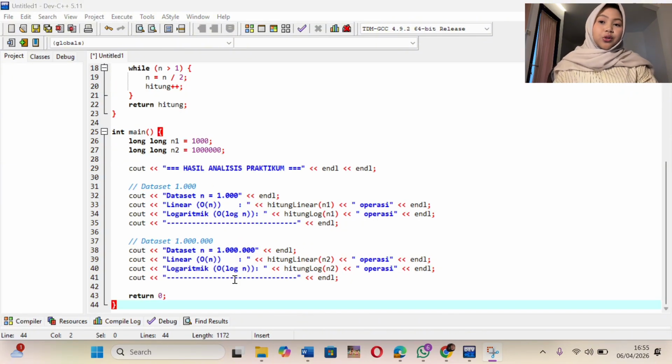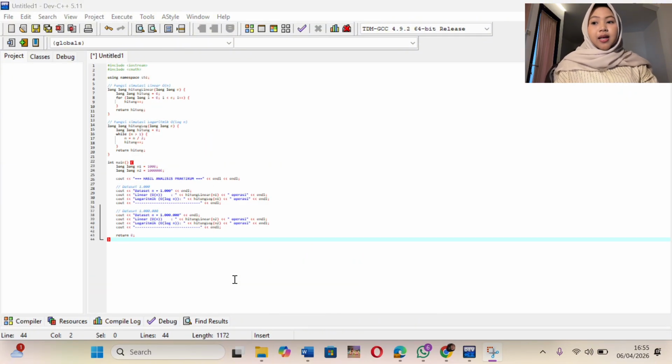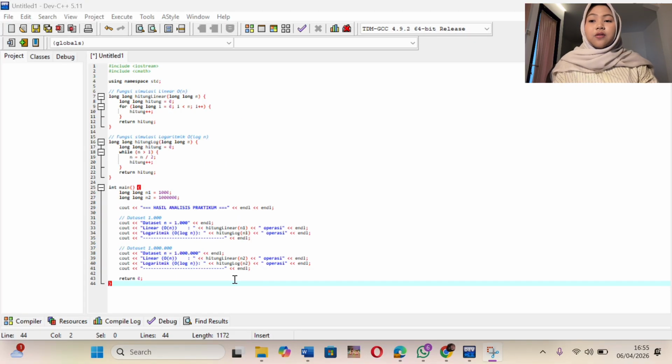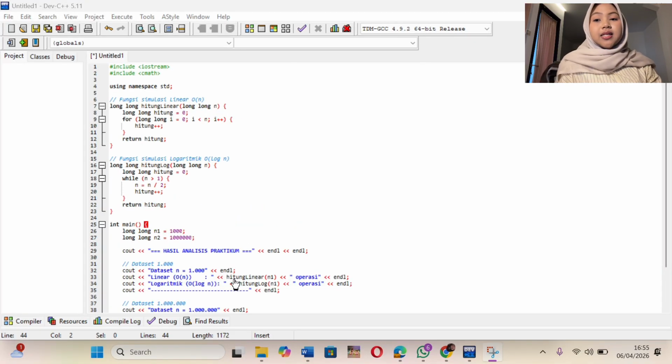Even though the input grows by a factor of 10, the number of operations only doubles. This is incredibly efficient. The key idea here is every step cuts the problem in half, which is the same principle used in binary search.